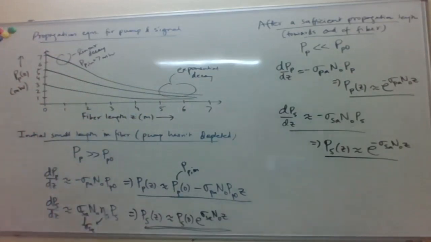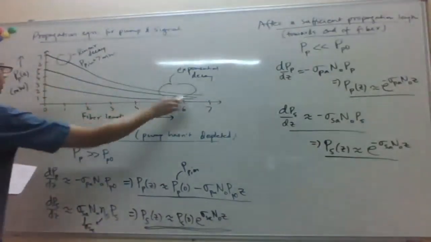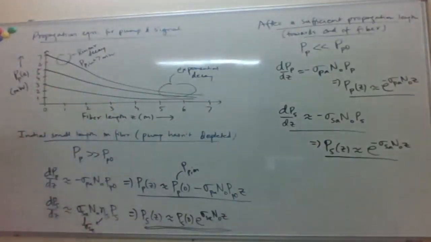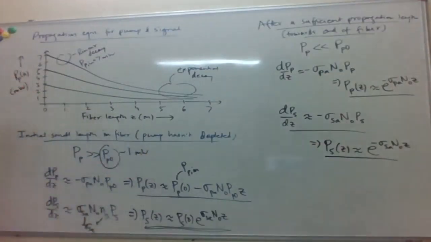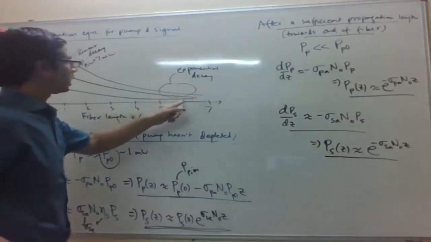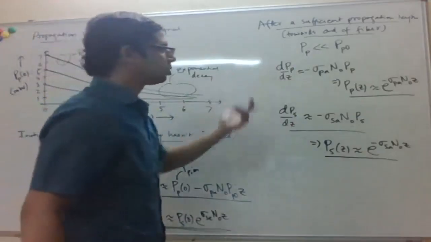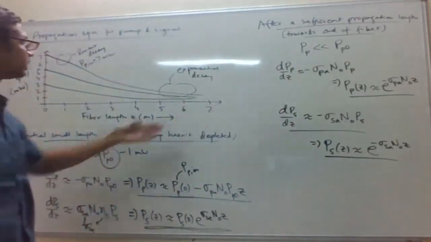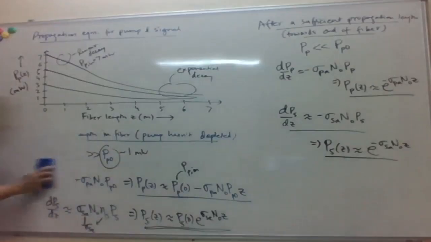So you can imagine now that the pump power has decayed down to very low values. This PP naught, remember, was around a milliwatt. Once the pump power decays to around a milliwatt or so, beyond this you start getting to the regime where the pump power is not enough to cause population inversion, and the signal will also start getting depleted. So if you look at the signal,